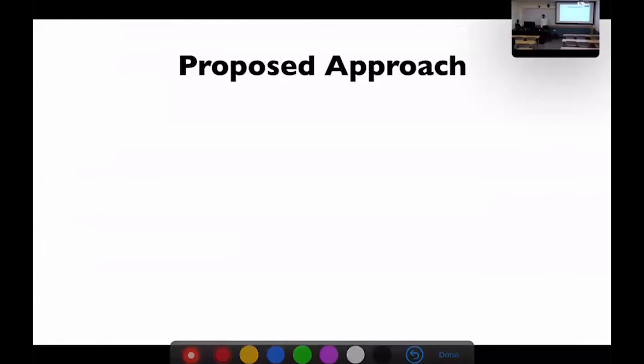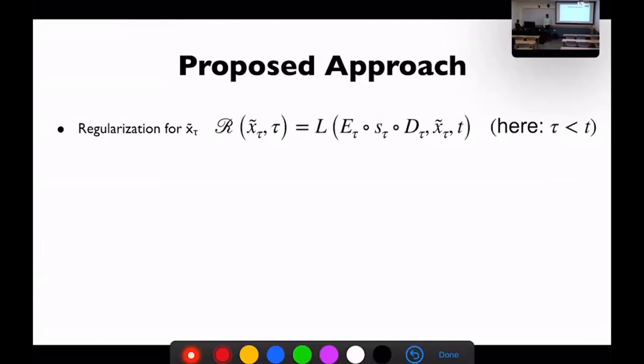But what we propose is to use a different regularization function, wherein we train an encoder for that iterate. So this regularization depends on